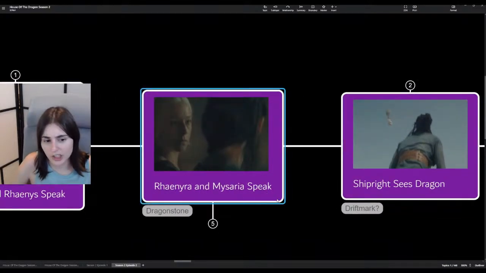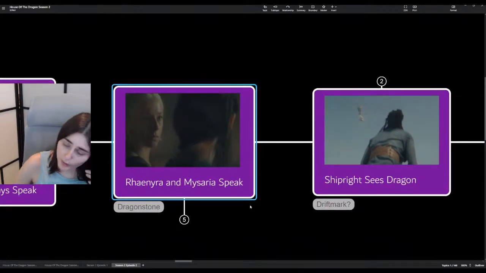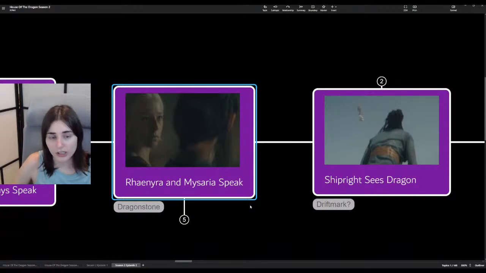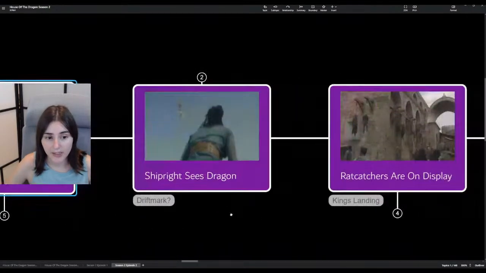Then Mysaria, the White Worm, is told that she's not going to be set free, even though Daemon said he was going to give her freedom. So we get this, well, she's not going to let you go. And then we get